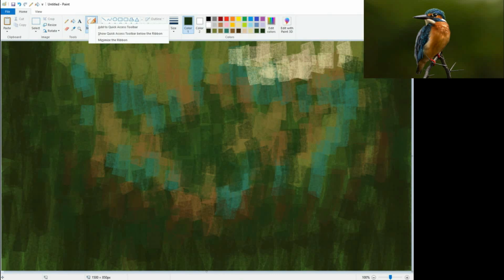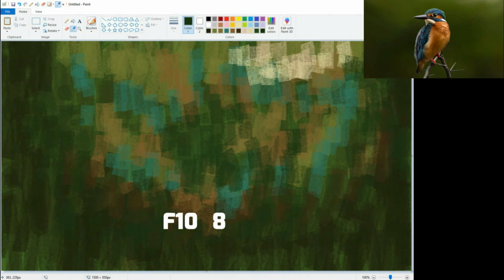This makes it possible to change the tools without moving your mouse, which makes blending a lot less annoying task. For example, I add my eyedropper tool to shortcut slot number 8, so every time I want to select the eyedropper tool, I tap F10 and then number 8 on my keyboard. Once you get comfortable with this, you can change tools extremely fast using just one hand without even moving your